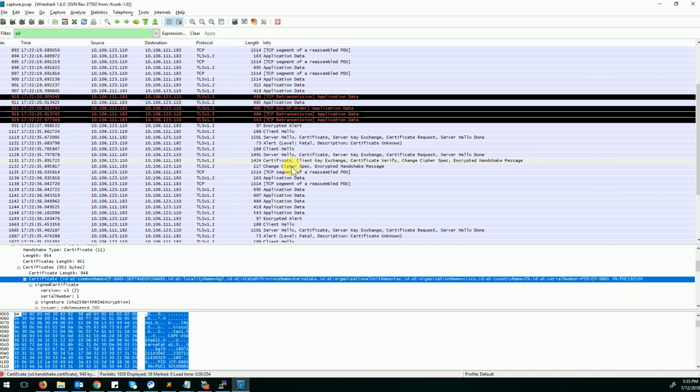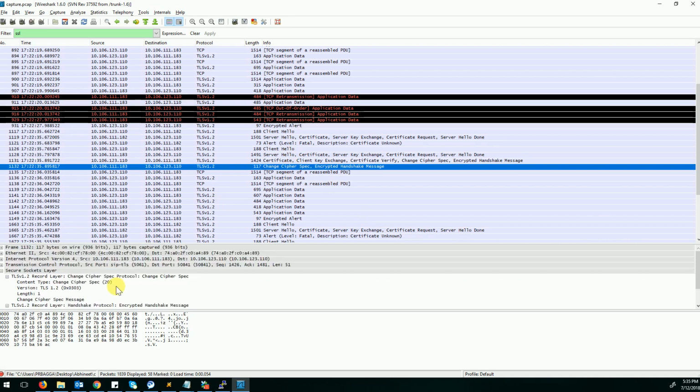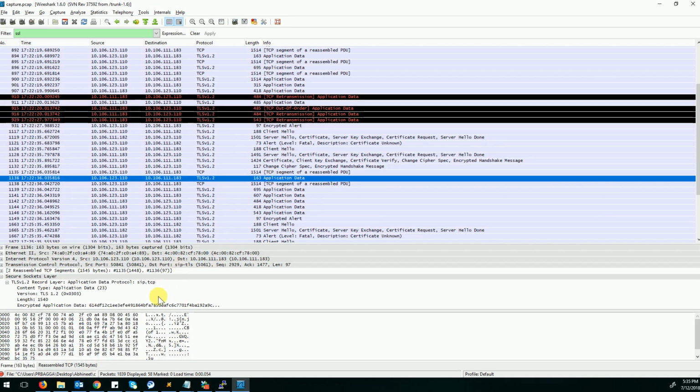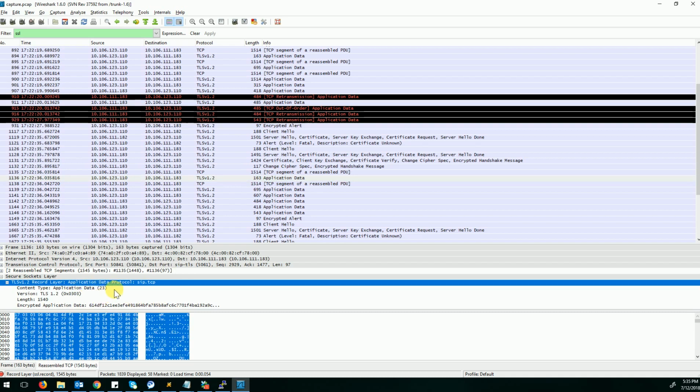Now we can see there is a change cipher spec. In most scenarios, if there is a change in cipher, it will be a change which you will see in the certificate tab. The application data means your SSL transaction has been successful and the TLS handshake has